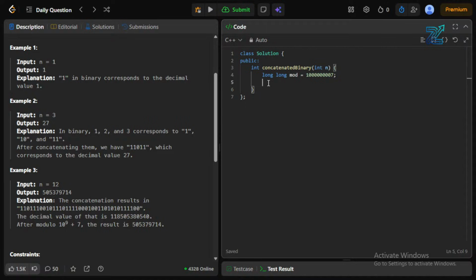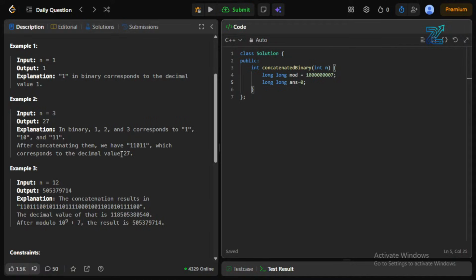Then long answer equal to 0. So it will store the correct concatenated decimal value. Here we are returning the final decimal value, right? So this answer will hold that final decimal value. Initially nothing is concatenated, so we are giving 0. So then